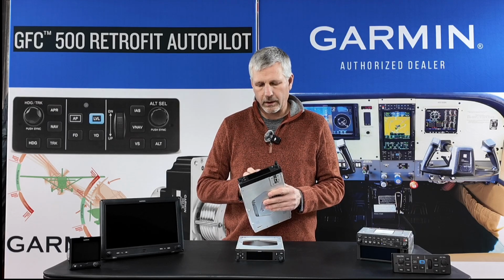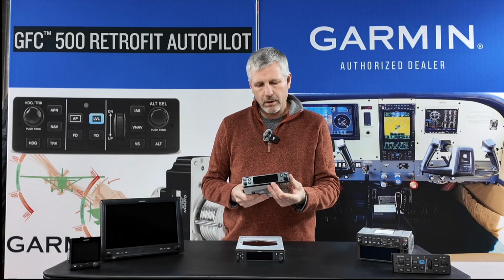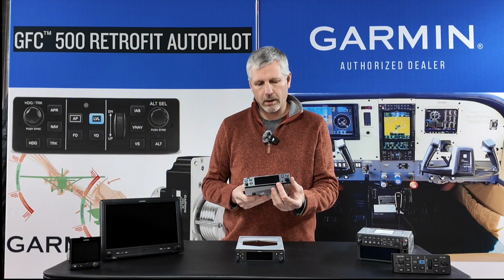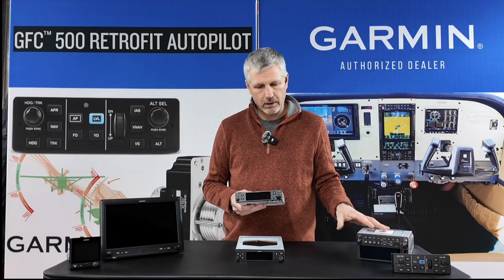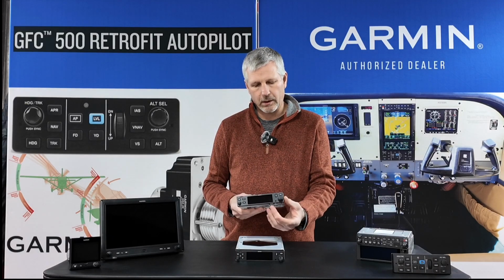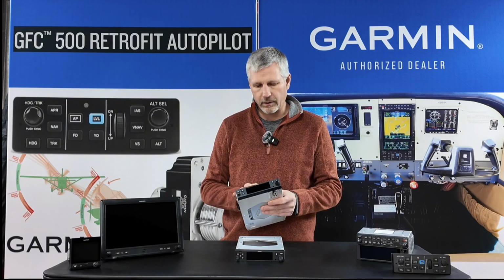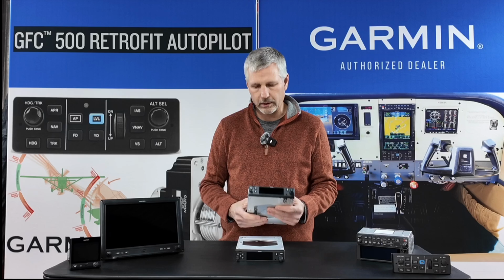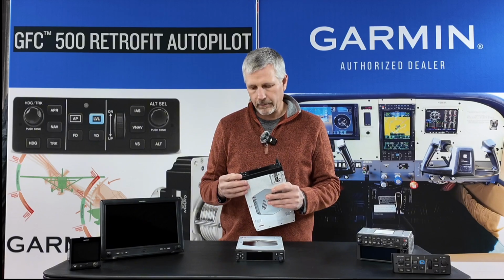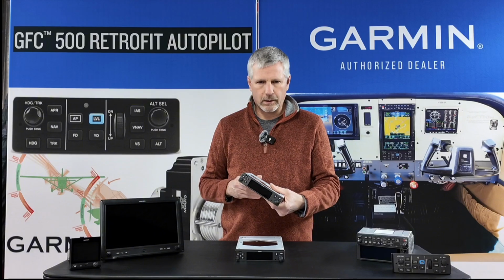The nav has a little CDI on it. It can be interfaced to a GPS for waypoint information and distance to the VOR. If you have that GPS interface to the radio, you'll get that distance. So I think that's it. One touch,